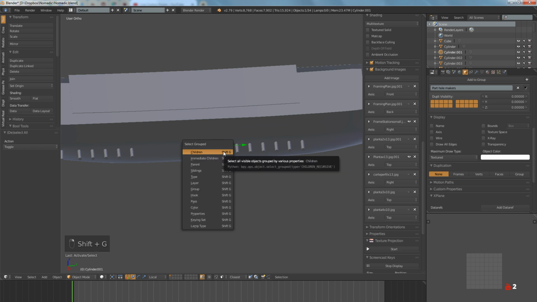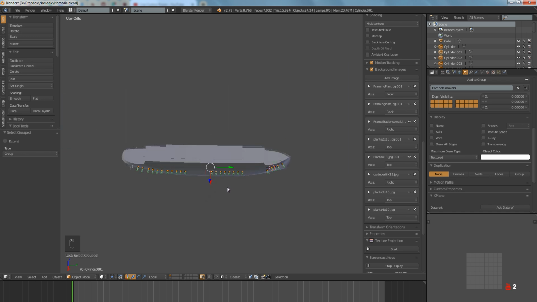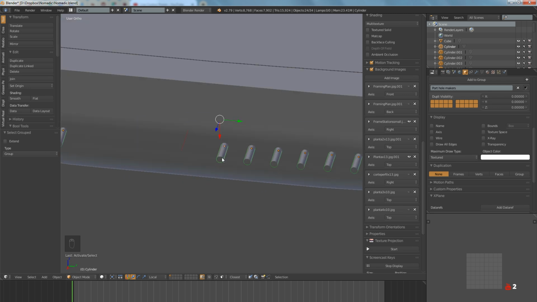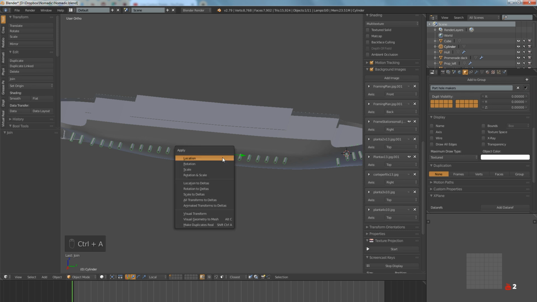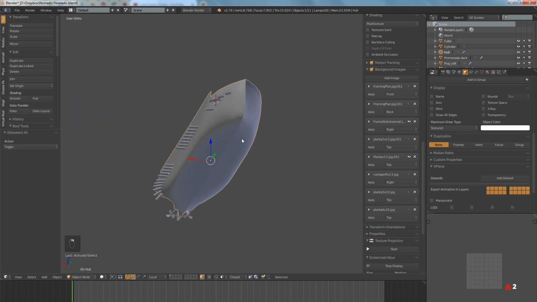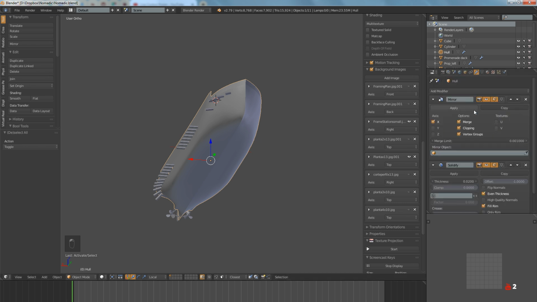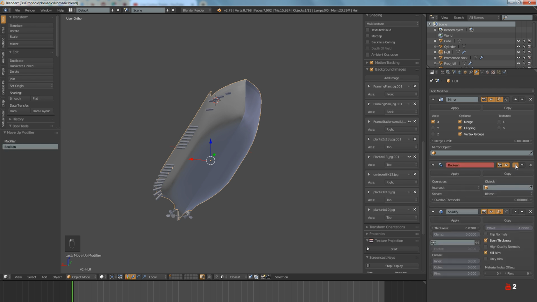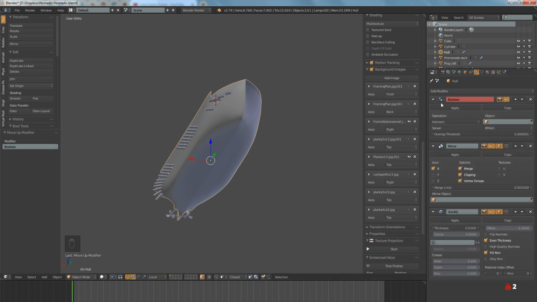Okay, Shift G, group, select all group and join to one object, join. Also we can do it, apply rotation and scale. Now select this one, modifiers, boolean, and go up, up, so it will be first. Then difference, select object,